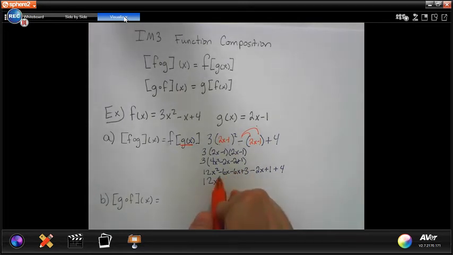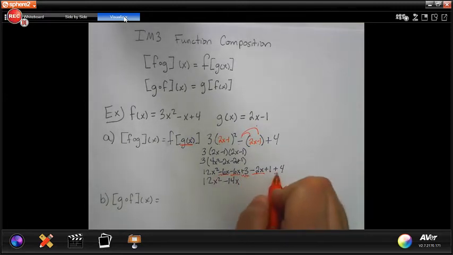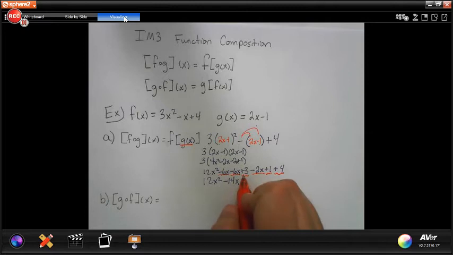Then we have minus 6x minus 6x minus 2x. So negative 6 and a negative 6 make a negative 12. So that makes it a negative 14. And then here we have the 3 and a 4 and a 1. So 3 plus 1 plus 4 is 8. So this